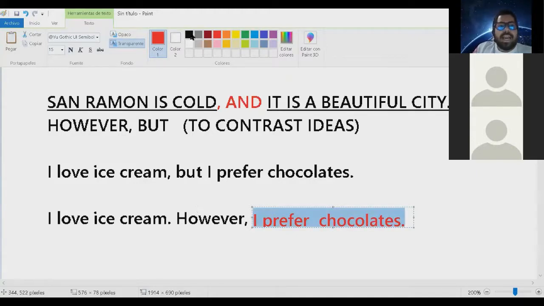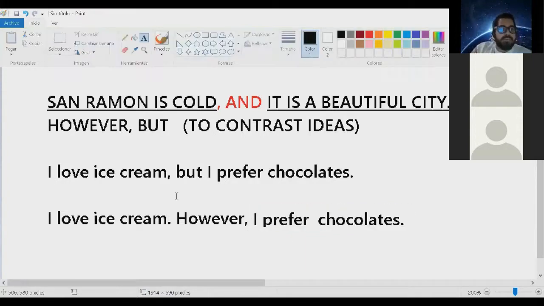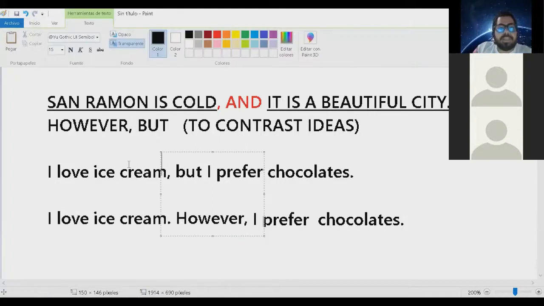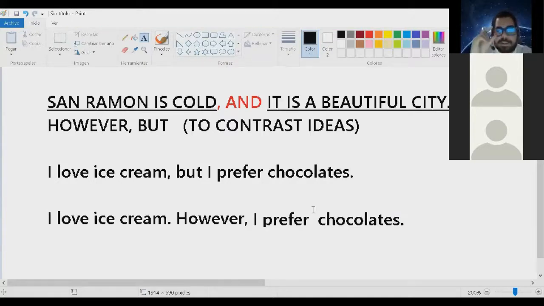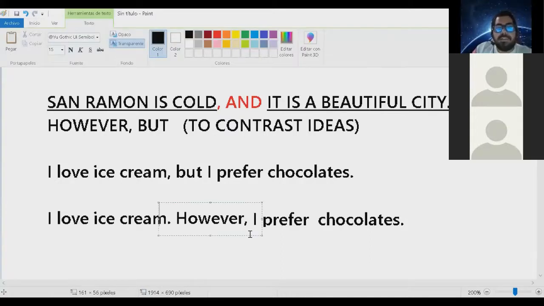So look at this, guys. Acá, esta alternativa nos ayuda por la parte del español, right? Because it's like, okay, teacher, me gusta el chocolate, o, perdón, amo el helado, sin embargo, prefiero los chocolates. Entonces vea que estoy de igual forma contrastando y tiene el mismo uso que el but, guys. Pero recuerden, si escuchan por ahí alguna vez a alguien hablando y lo menciona al final, it's correct. But I'm giving you another tip, all right, to use however in the middle. Les estoy dando este tip para que utilicen however en el medio.